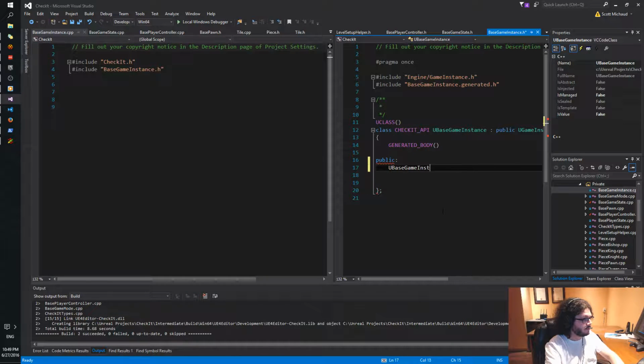Base game instance. And of course I'm setting it up in such a way that there probably is a need for it for a parent class or something, but I don't remember what that is, so we'll figure that one out.